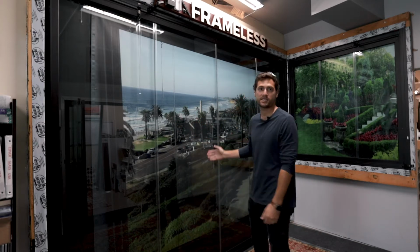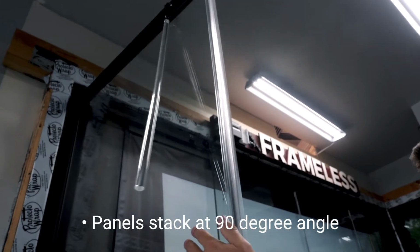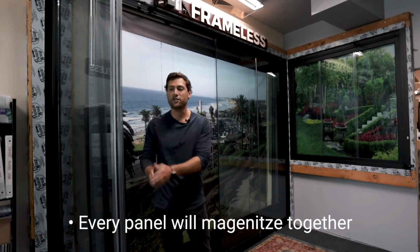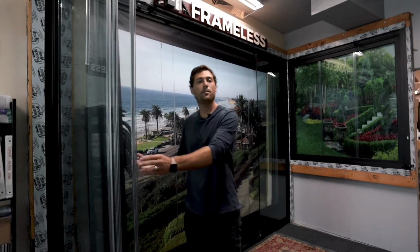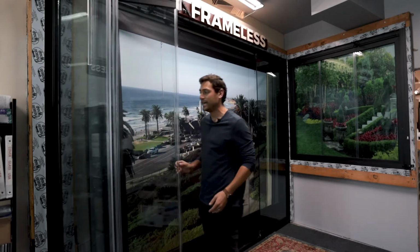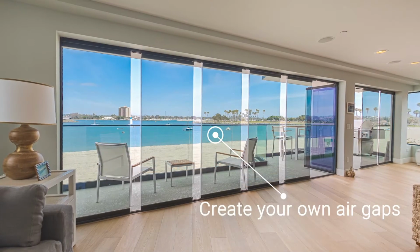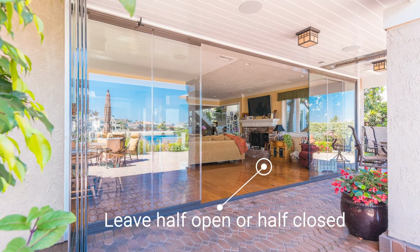Thanks for joining us today for a presentation on our frameless sliding glass door system. This panel here opens up, stacks at a 90-degree towards the inside of the space. Every panel will magnetize to each other, only 1 inch per panel. You choose on any given day how many panels you'd like to open and stack, whether that's just one panel, whether you want to create air gaps in between the panels, or leave half the panels closed, half the panels